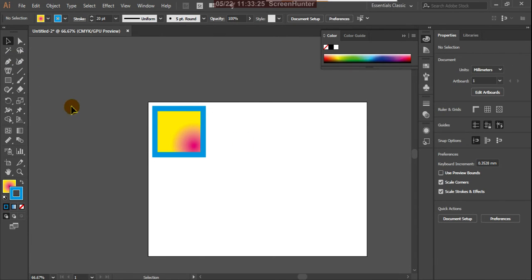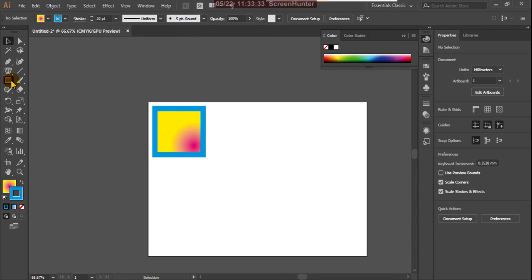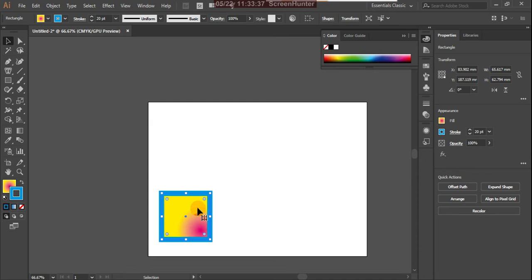Now the next tool is this. I'm using this eyedropper tool. Generally we use the eyedropper tool to match colors. Suppose here I'm copying this by pressing Alt, and I'm giving these colors.